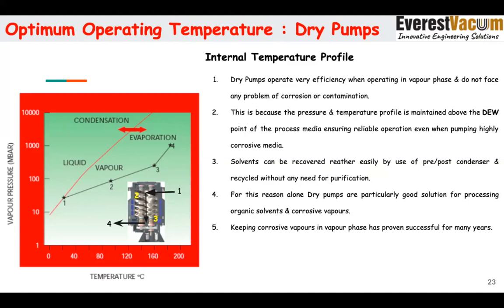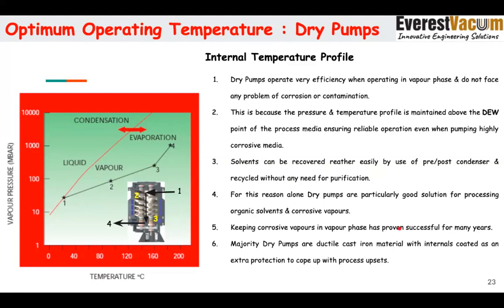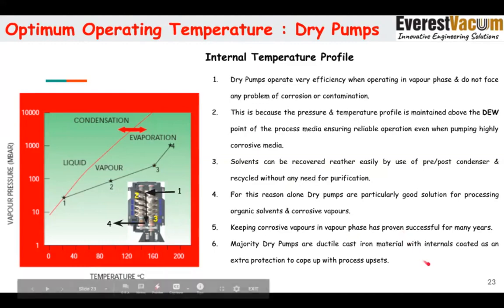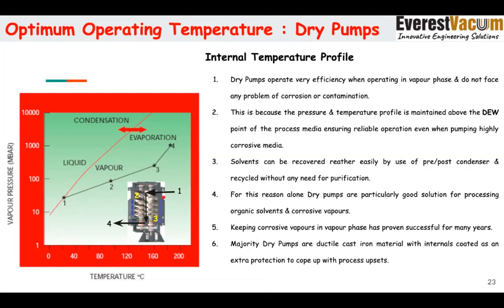Keeping corrosive vapors in vapor state has proven successful for many years. That is the key: how we can keep corrosive vapors in vapor state and not let them condense. So the hybrid variable pitch is an ideal choice when it comes to that, because the pitch of the screws has been optimized to ensure that the vapor is getting adequate amount of heat and does not